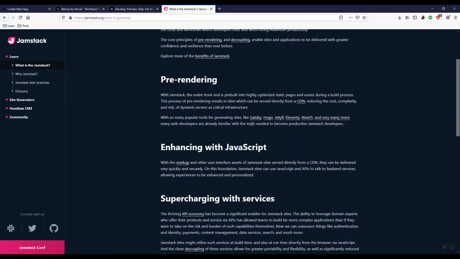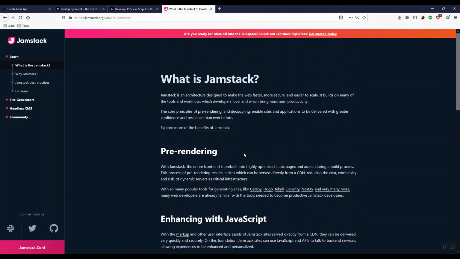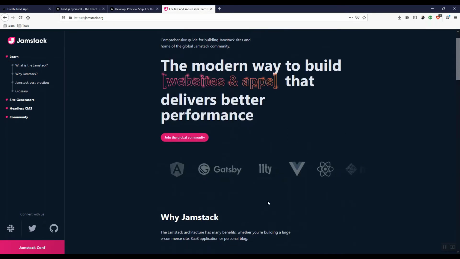So Jamstack is nothing but a concept, but in order to build a website with the Jamstack architecture, we need some kind of tool which allows us to do that easily. For those tools we call static site generators. Over the years there has been a long list of static site generators, but they were very complicated. But now with new technology coming in, they have really simplified the way you write a Jamstack website. Here you can see the list of frameworks or toolkits that support Jamstack development.